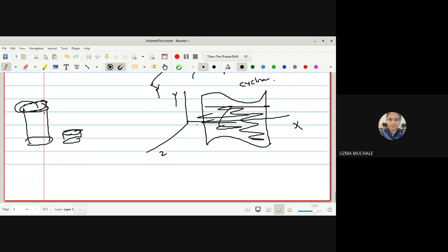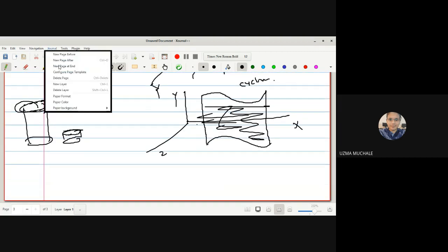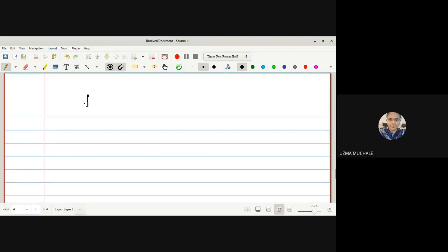Consider that f of xy is equal to some constant c. We have this curve in the xy plane. Now you have to put a straight line on the curve and then